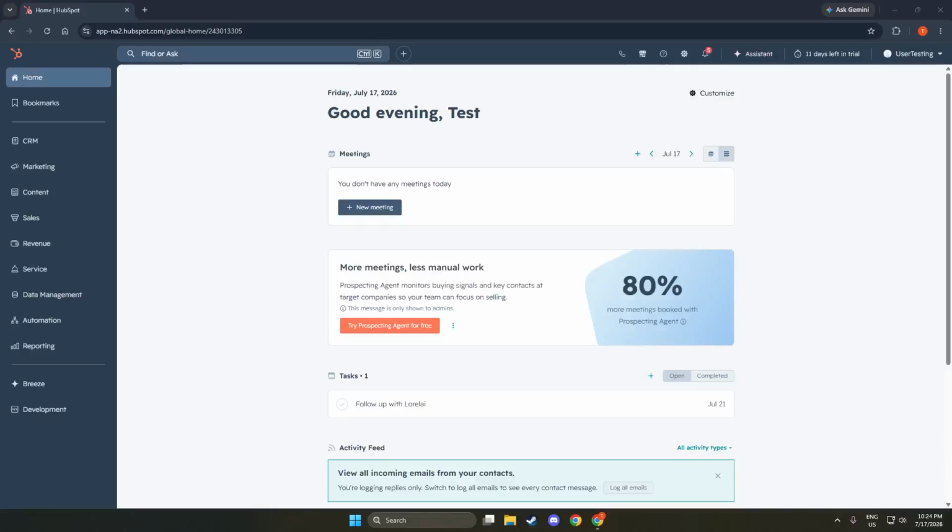In today's video, I'm going to teach you how to delete queues in HubSpot. First, let's begin by logging into HubSpot. You will see a clean interface that welcomes you. Look for the login fields where you will enter your credentials. Type in your email address and password, then hit the login button.